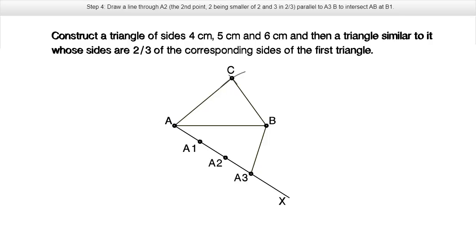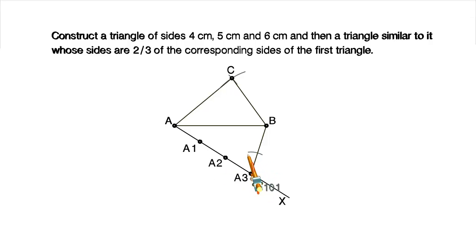So let me draw an arc of any measurement by keeping my compass at point A3, and without altering my compass, I need to take the same measurement arc by keeping my compass at A2. I need to draw one more arc. Measure the distance between the intersection point of the drawn arc with the line AX and the intersection point of the line BA3 with the drawn arc.